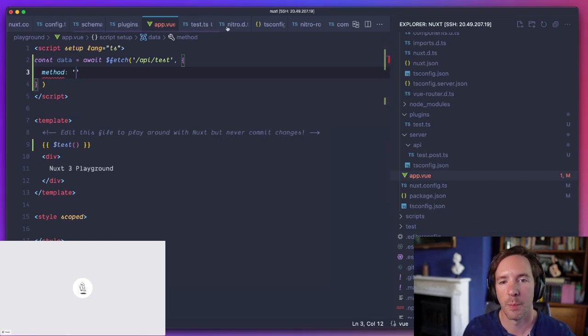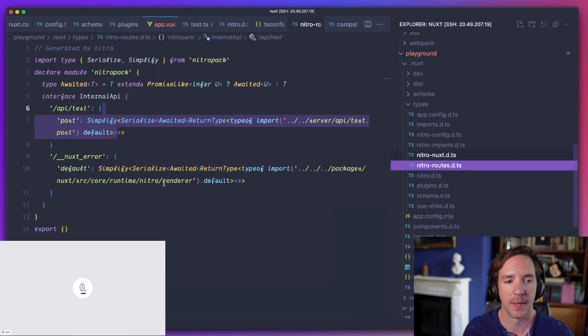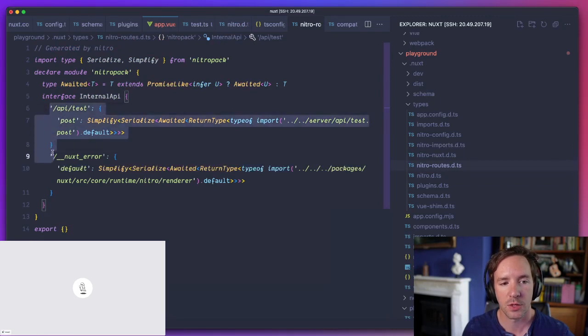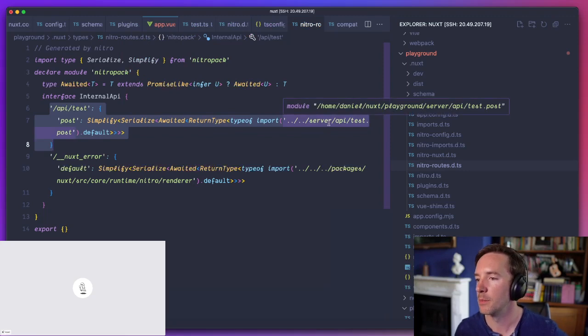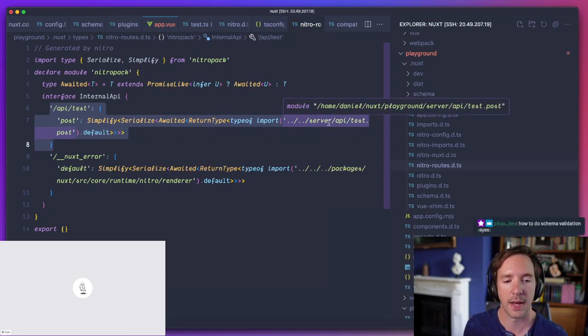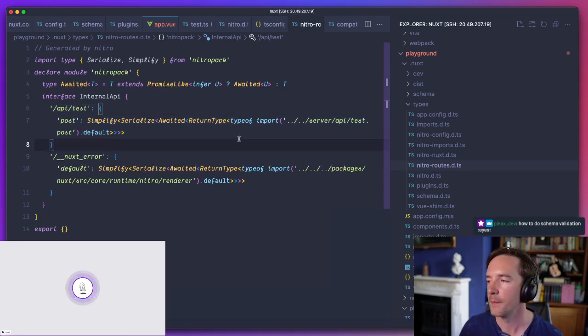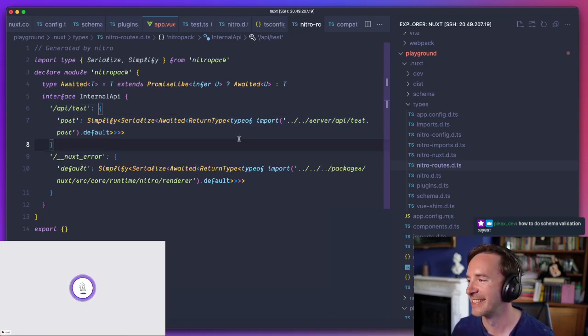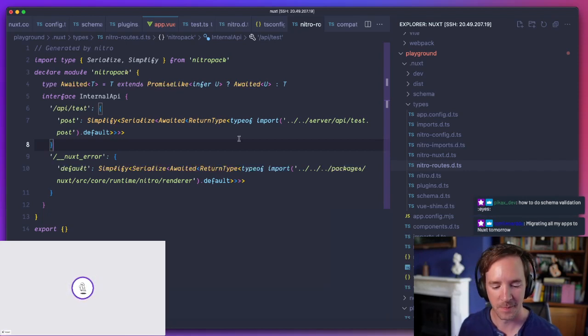And that's all powered by this Nitro routes. In this case, we're saying that this route only has a post handler, and it's this file. So everything just comes from that, and TypeScript is doing all the heavy lifting in terms of what the return type of that function is. To be honest, this is my favorite feature in Nuxt, and I thought it was a lot more complex than this, but it seems really simple.